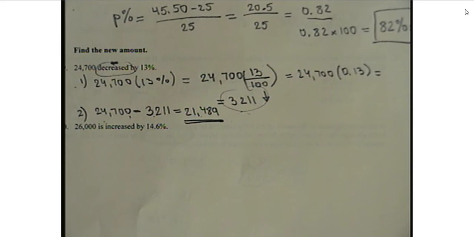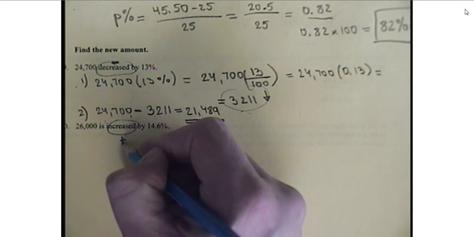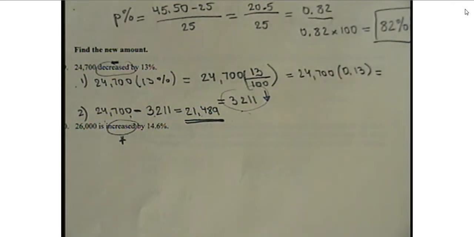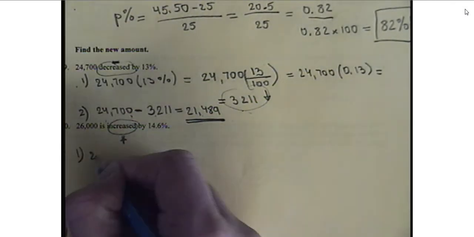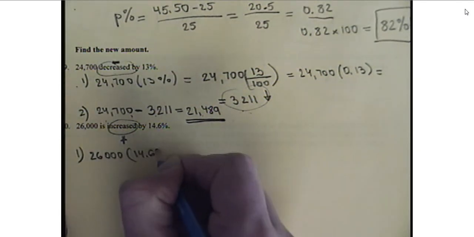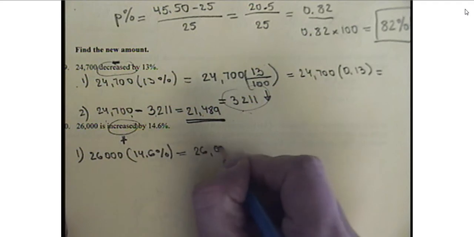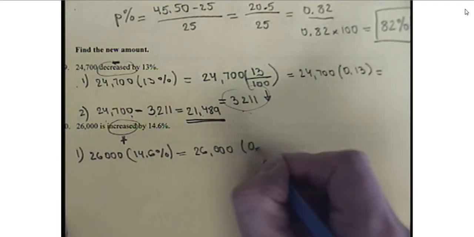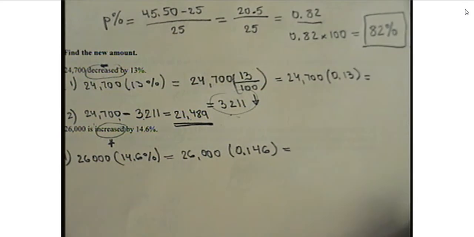And with the next example, we have an increase by a given amount, which means we're adding. So let's start with step 1, 26,000 times 14.6%, which is 26,000 times 0.146. That will be equal to